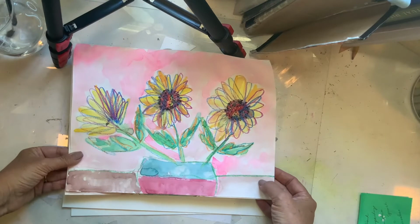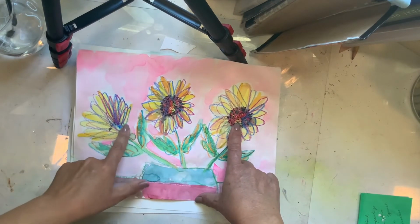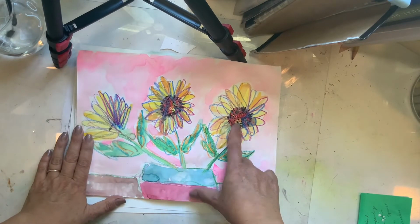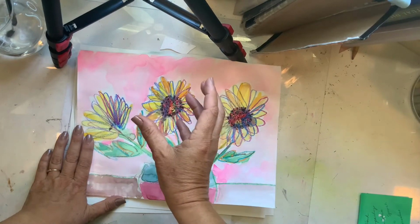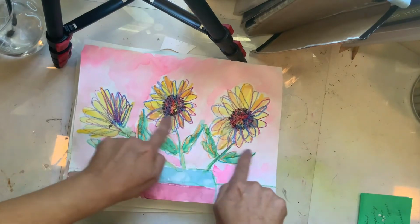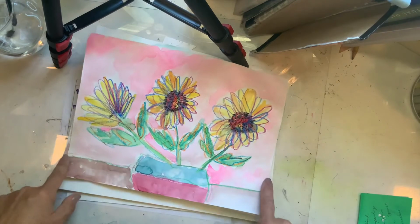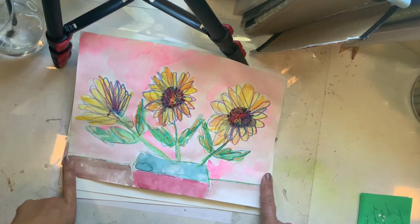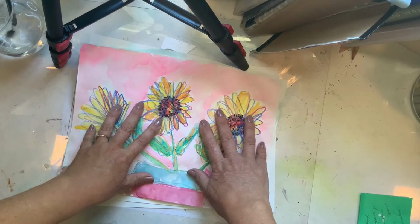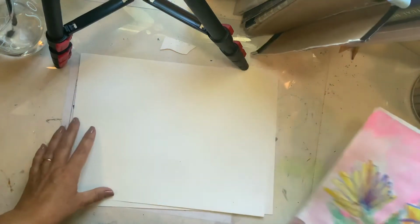We're going to start off by creating the centers of our flowers. We might even do a flower that is facing to the side. A lot of Van Gogh's flowers were facing downward or facing to the side. And then we're going to do our petals, followed by our stems, our leaves, our pot or our vase, and our table. We're going to do all of our drawing in crayon, and then we're going to fill in our colors using watercolor paint. So grab yourself a piece of blank paper